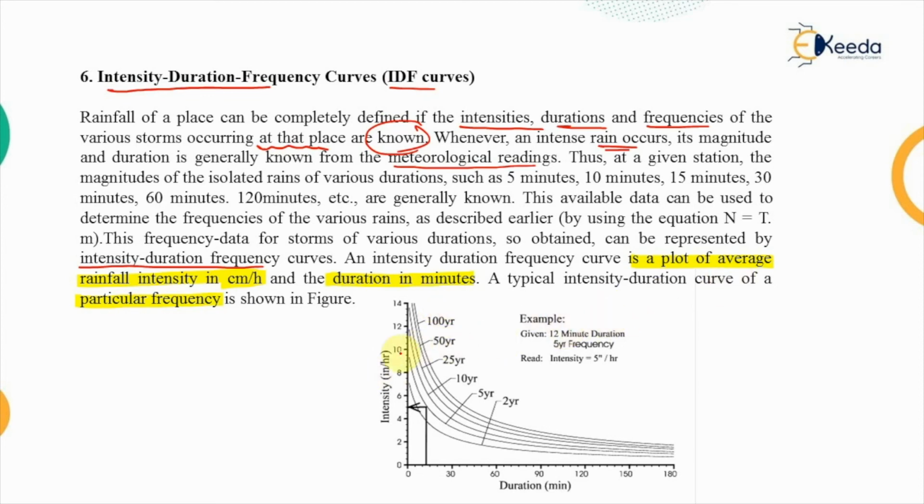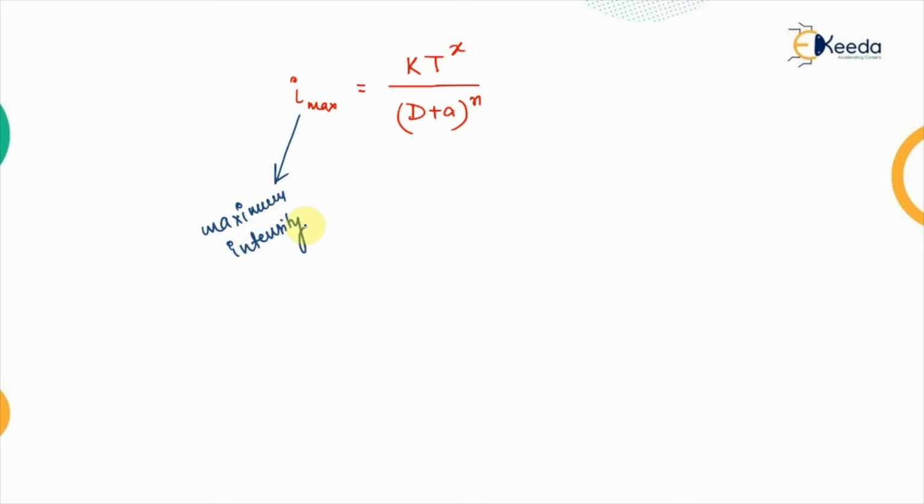It is a graphical representation given by the equation Imax = K T^x / (D + a)^n, where Imax represents the maximum intensity of the rainfall in that place,